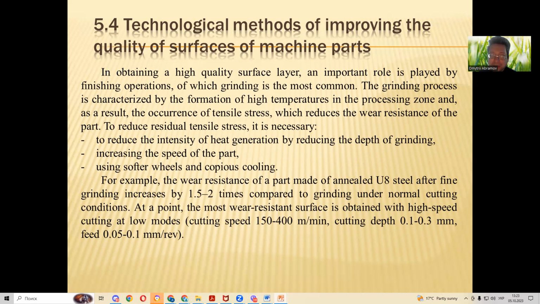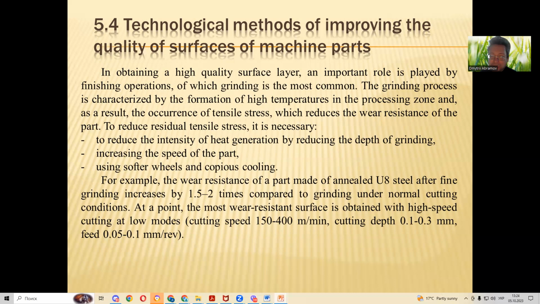The grinding process is characterized by the formation of high temperature in the processing zone, and as a result, the occurrence of tensile stress, which reduces the wear resistance of the part. To reduce residual tensile stress, it is necessary to reduce the intensity of heat generation by reducing the depth of grinding,